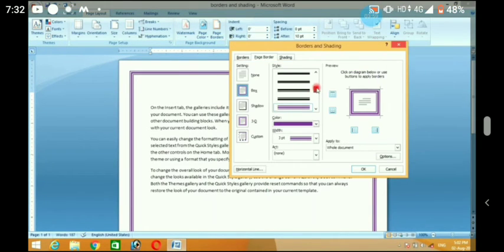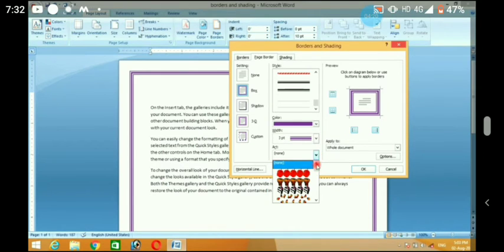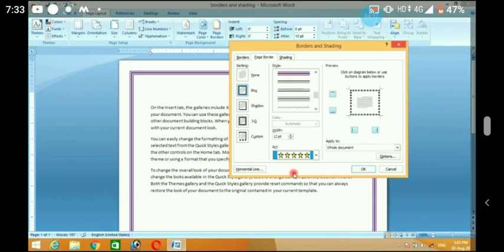Okay, again I am working with another one. I'm using the box one only, the standard setting type. We can opt for the thinner one, we can opt for the thicker one, whichever depends upon you. Okay, there is another option called art, and by default it is chosen none, and otherwise there are also different lists available, different shapes, colorful shapes, stars, trees, whichever you feel like. Okay, so you can choose, and we can check the width if you want to increase. If you want to apply, you can also select all four sections.